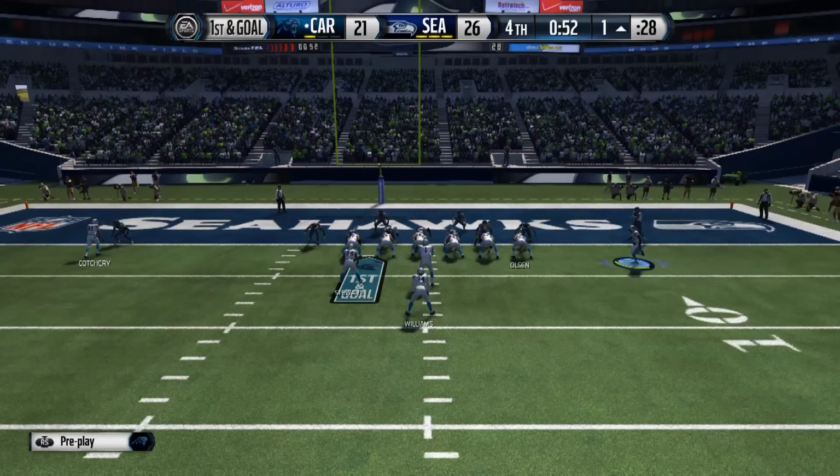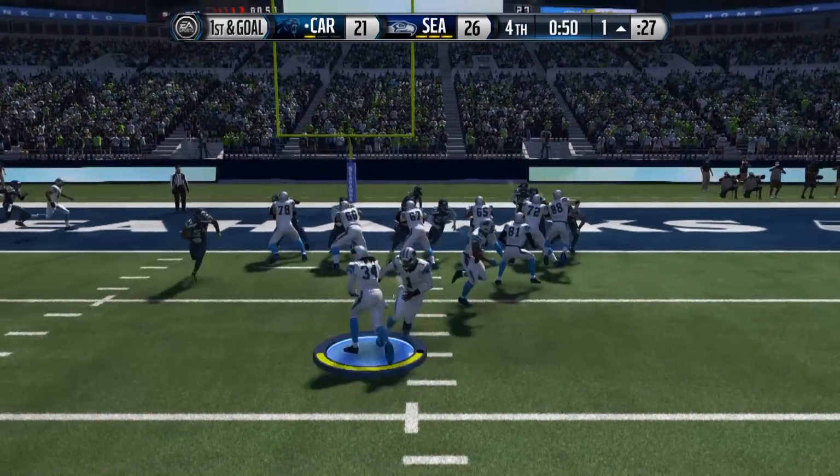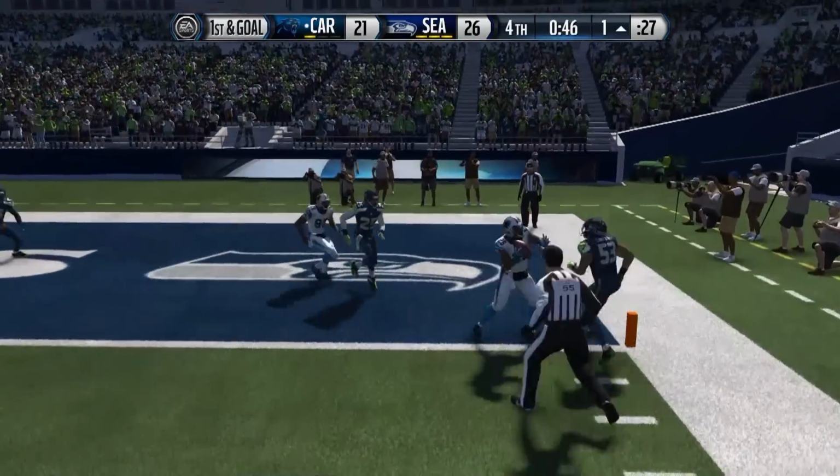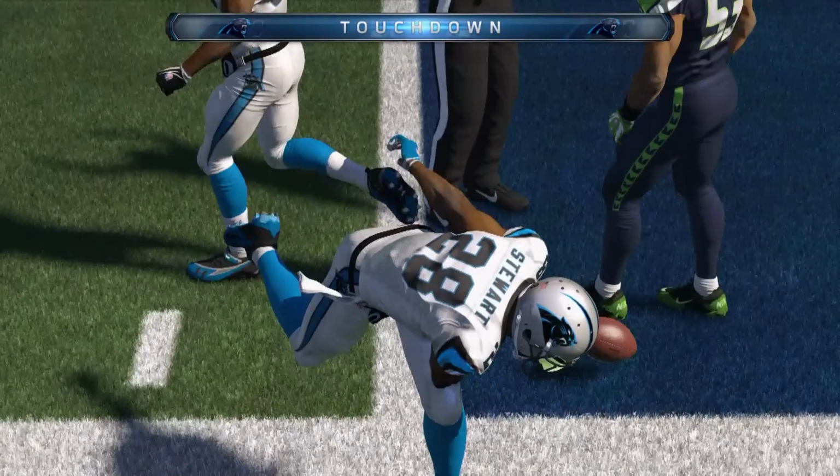What you can do on the offensive side. Good job by the offense. Newton still has it. Looking to the right side and throw. And the Panthers have...